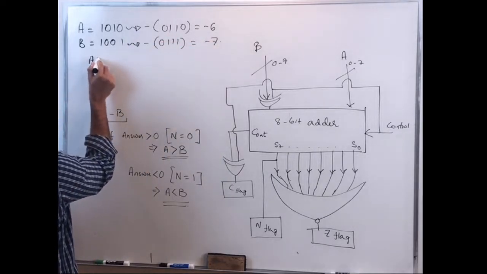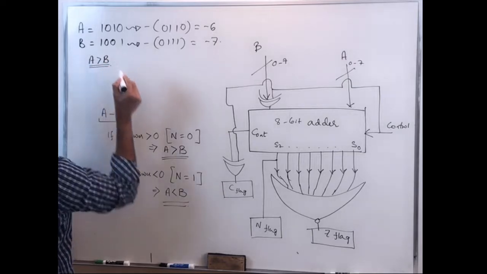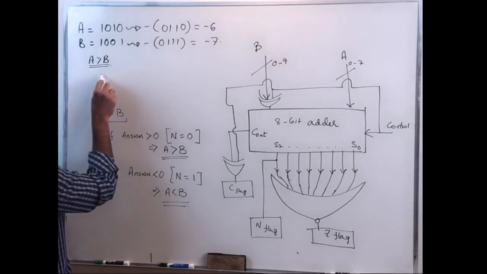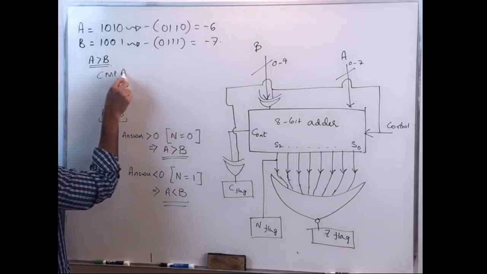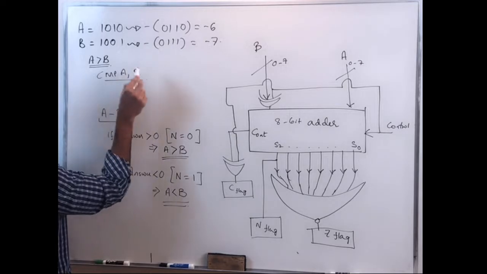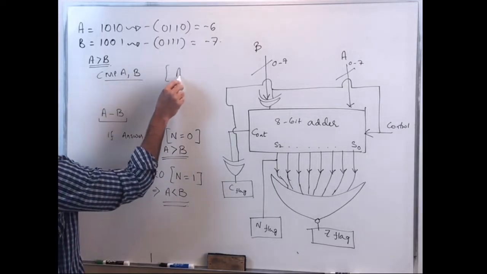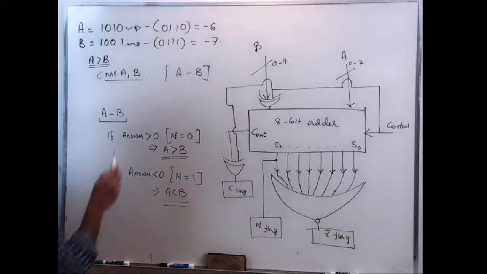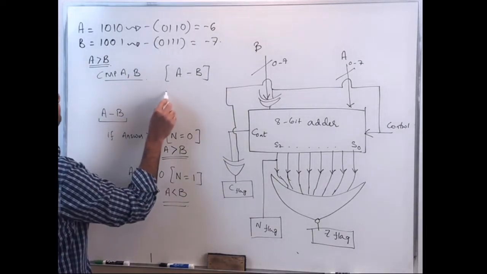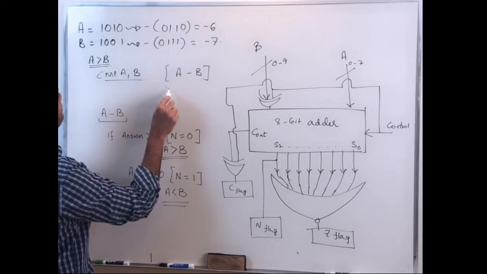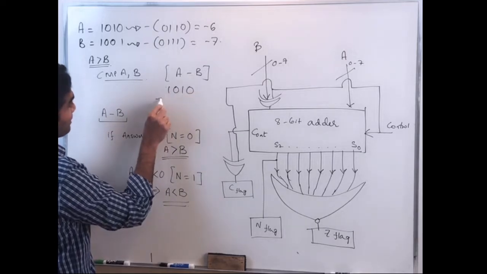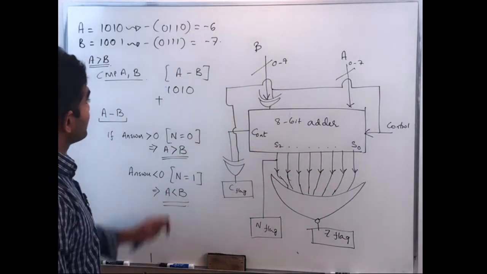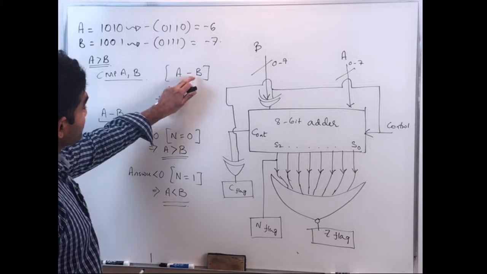Obviously, my A is larger than B. And you can check how my N flag gets affected when I execute the operation compare A comma B. Basically it's doing an A minus B operation and checking the N flag this time. So let's do that. My A is 1010. Going through the hardware, how it processes this information, because I'm doing an A minus B operation,